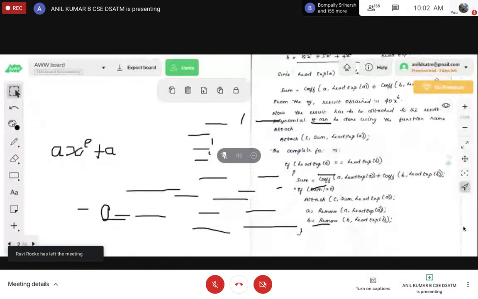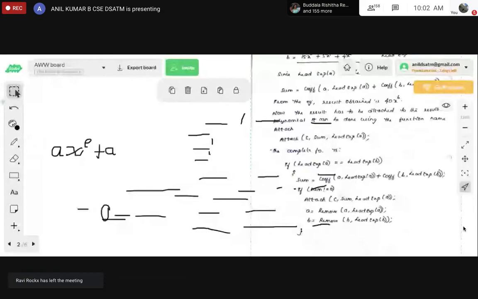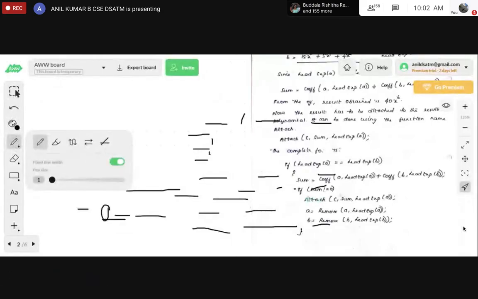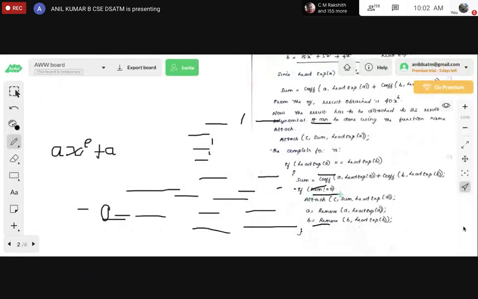So if the sum is not equal to 0, first attach that C. If the sum is 0, don't do anything. So if the sum is not equal to 0, the value is created. When will the sum not be 0, and on which condition will the sum become 0?